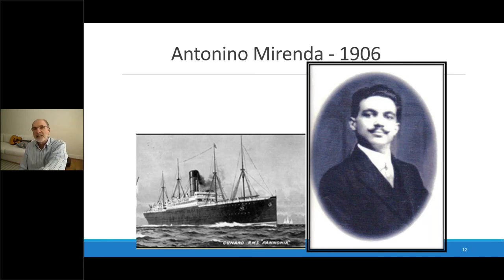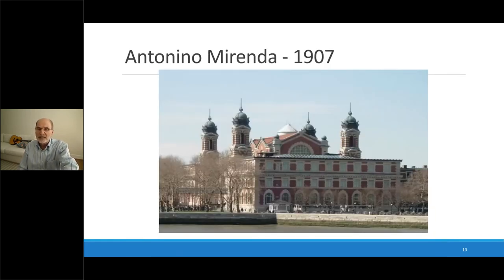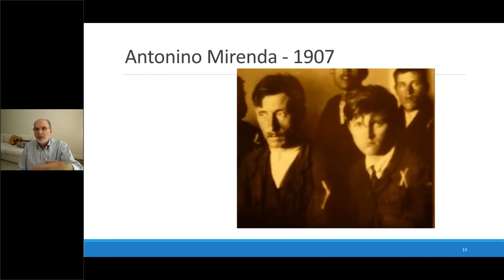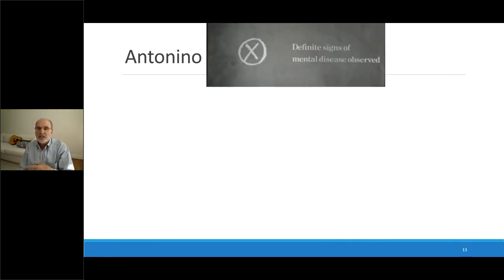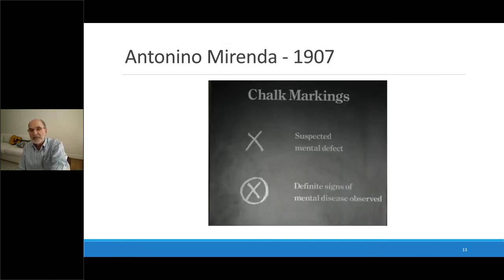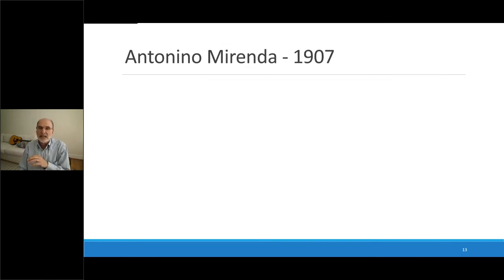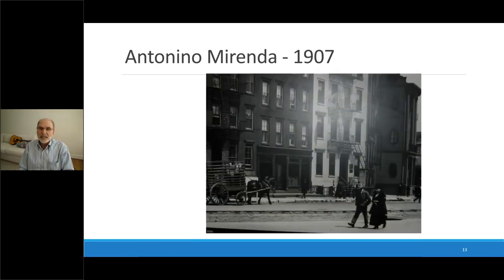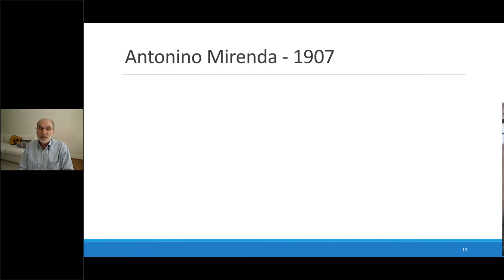Because when people like this, Antonino Mirenda, left southern Italy on this boat of the Cunard Line, he would have landed at Ellis Island, which in fact he did. And when he was there, they would have asked him questions. And I'm sure he would have said, no capito, he doesn't understand. They would have put a little chalk mark X on his lapel because of screening out very low functioning individuals at that time. And I know they would have given him a test like this, which is object assembly, and he would have solved it very readily. And they would have said to him, go to Little Italy where you belong, which is what he did.